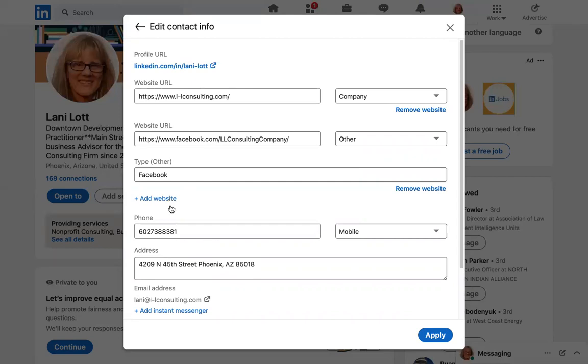this is where you add them. Your phone number, only if you want to. Your address, only if you want to. None of these are required. This is a deeper level of